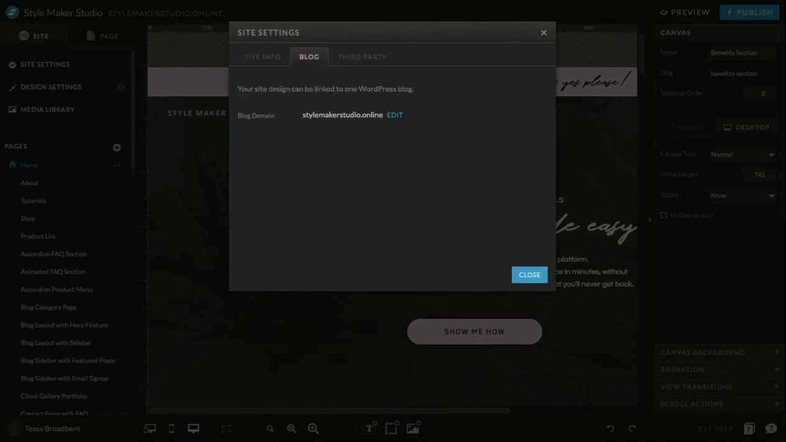The blog is where your domain for your blog is displayed. Showit gives you the option of either linking your blog to your main domain or specifying a separate domain to link your blog. I generally recommend to link it to your main domain. So it's www.stylemakerstudio.online/blog. This allows your visitors to access the features of your main site easily if they decide to click away